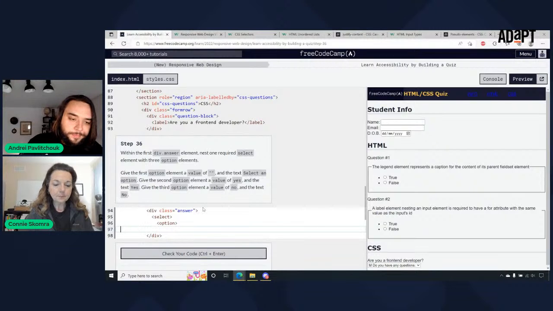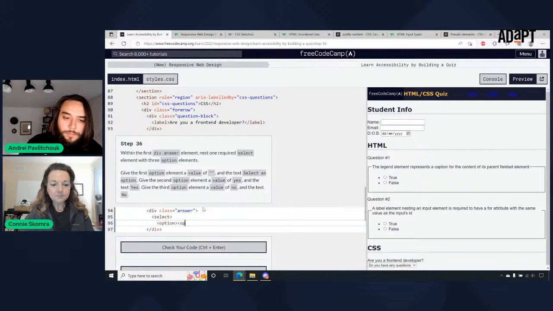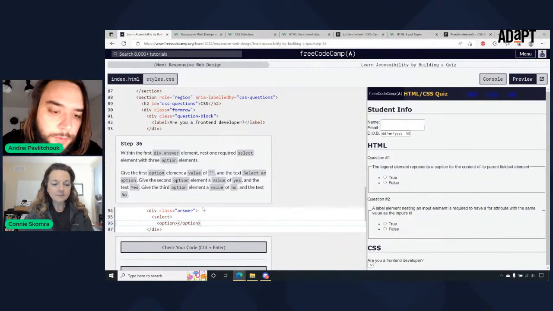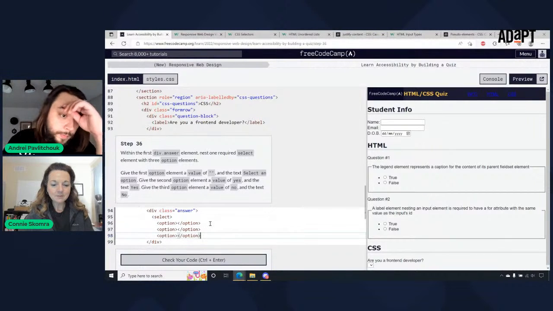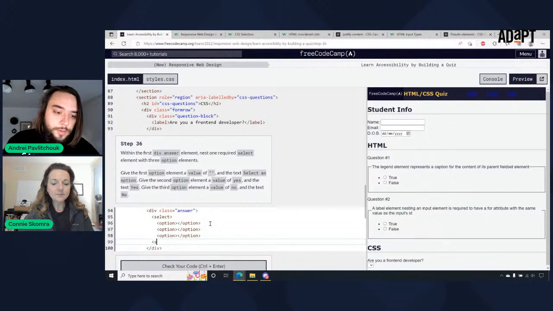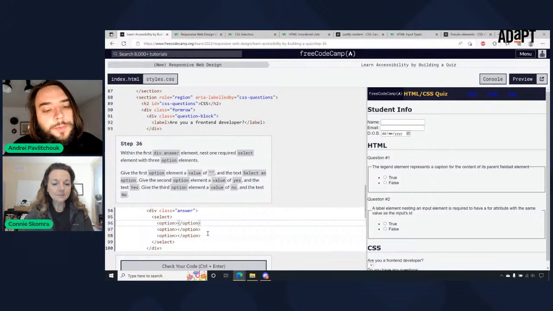Yeah. And then let's just close off the select. So within this one, give the first option element a value of